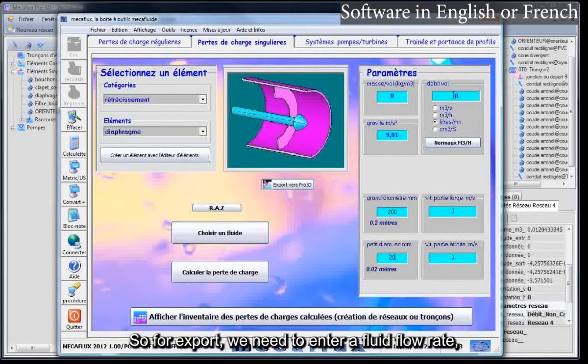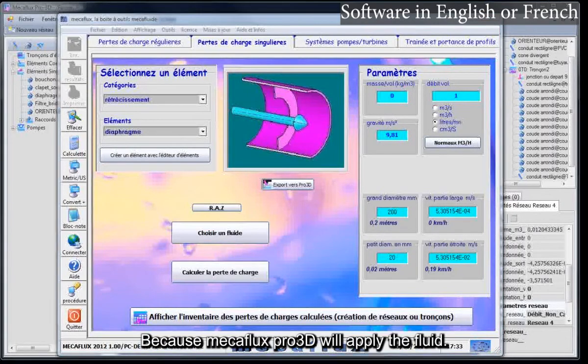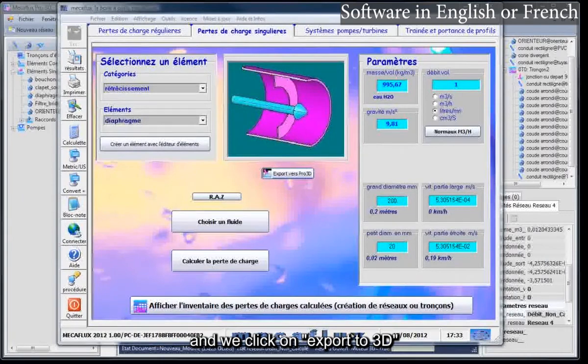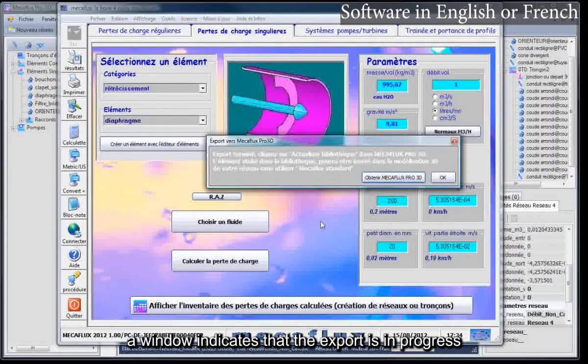So for export, we need to enter a fluid flow rate. A flow rate that is unimportant. And we will also choose a fluid, which is also unimportant, because MakeFlux Pro 3D will apply the fluid. And we click on Export to 3D. The window indicates that the export is in progress.